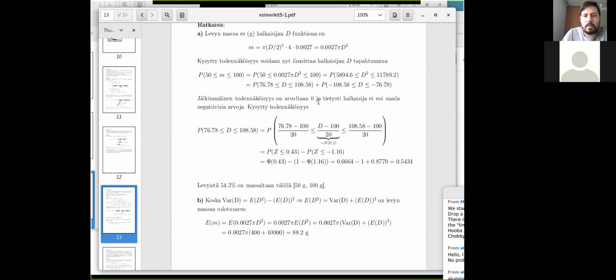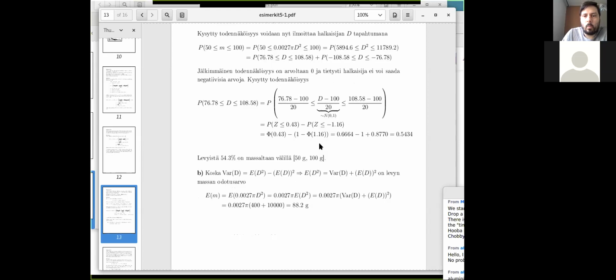The thing about this is that we know that this was kind of a trick question. The variance can be given by the expected value of d squared minus the square of the expected value of d. And here we get the expected value of d squared as the variance plus the square of the expected value of d, which is handy because now we can use linearity of the expected value so that this is the mass.